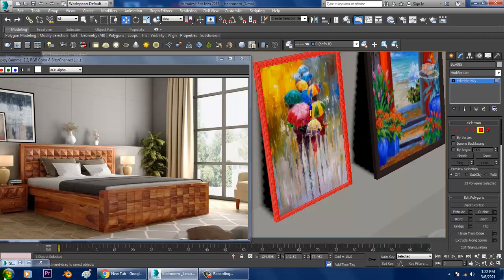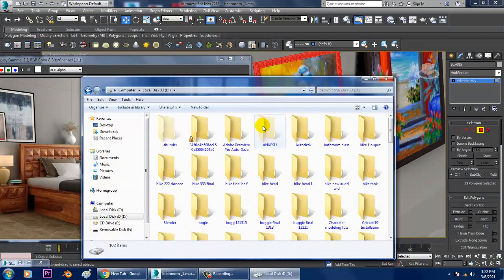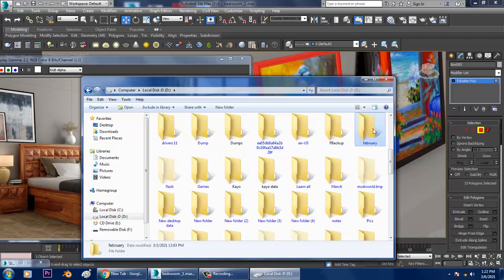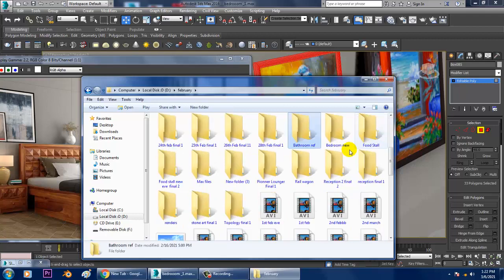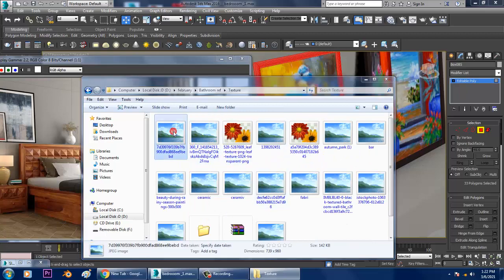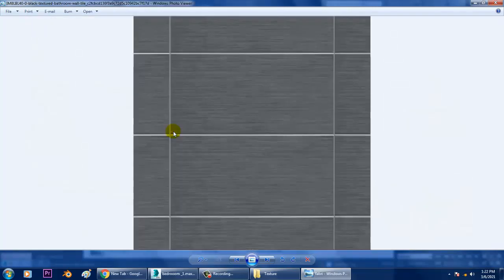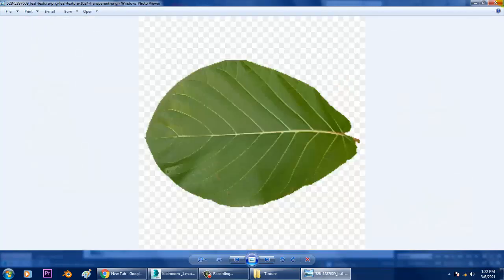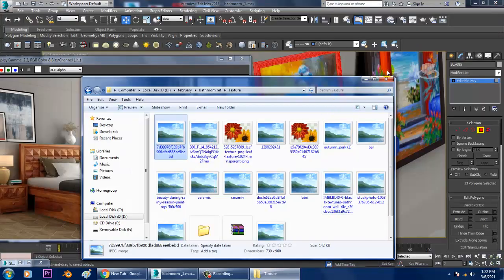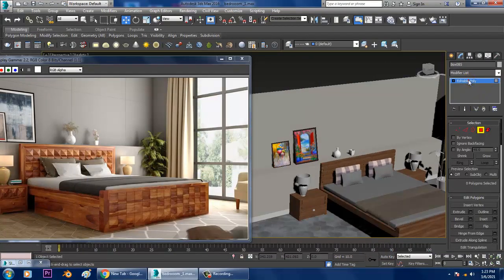So we can just see the textures. Okay, much better. Once you're done, you can just click outside over here.